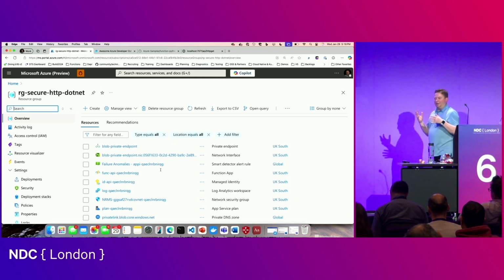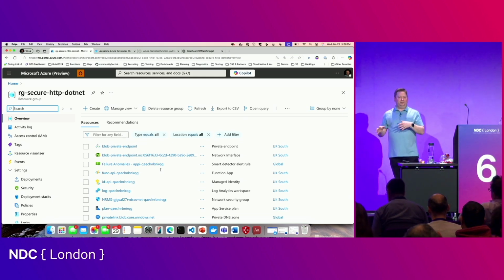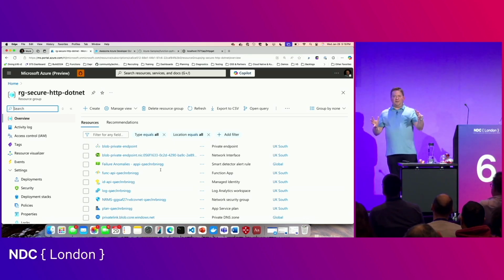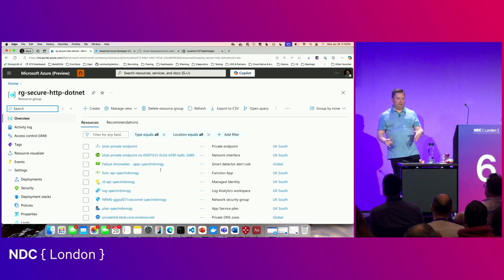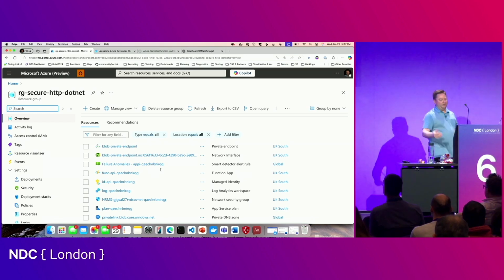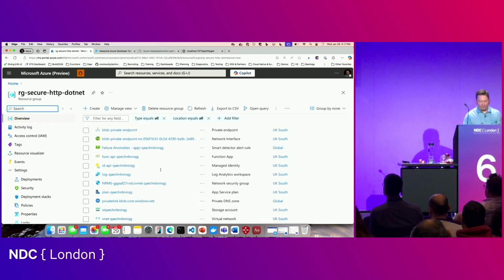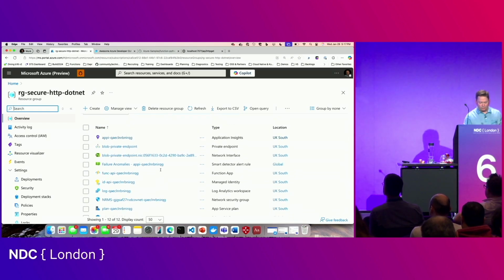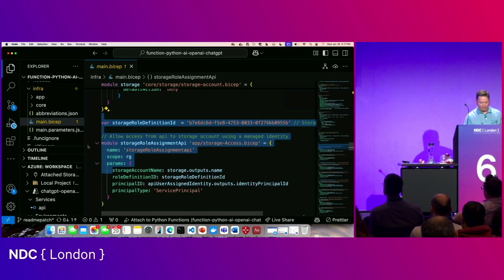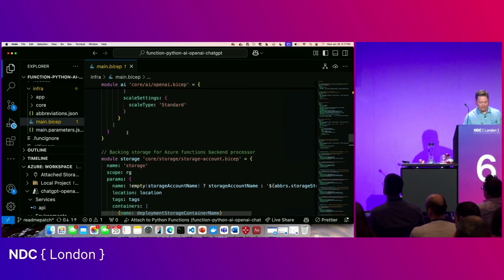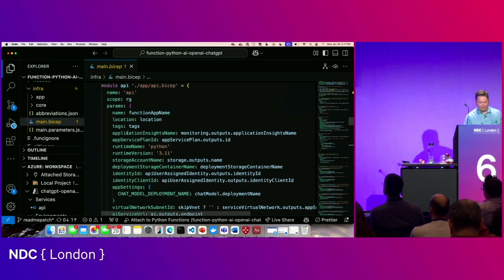And by the way, now that I've felt the pain, we're going to make this easier and easier so you can, in a more automated way, get, like, hey, we've identified you have these 4 dependencies. Should we give you a secure network perimeter to just have private endpoints to all these? We're working on that productivity. Unfortunately, that's not there right now. So the best I could do for you is the Bicep and the guidance on how you do it. The very last piece, was there anything else I wanted to say about that? I think that's the key. Remember, we have the Bicep for all of this also. So remember, in here, in the main Bicep, we had a module.